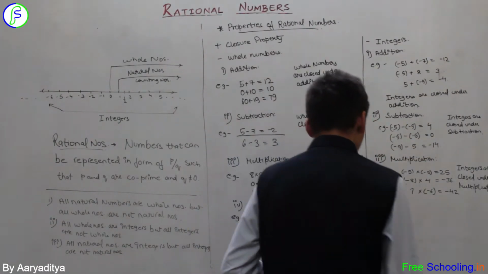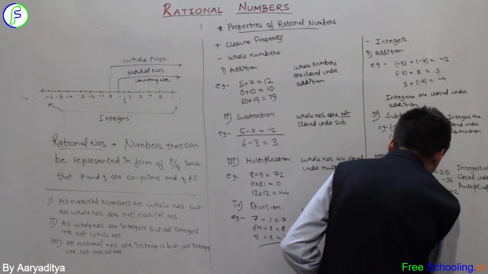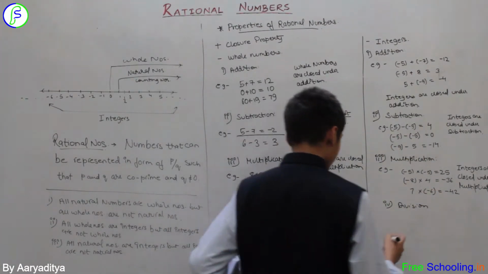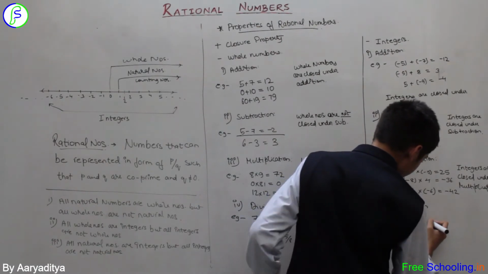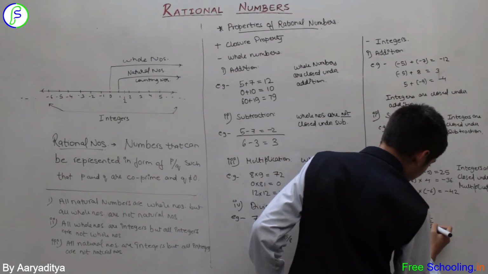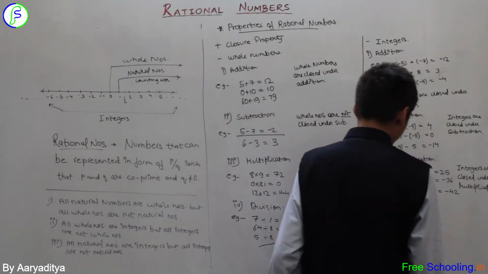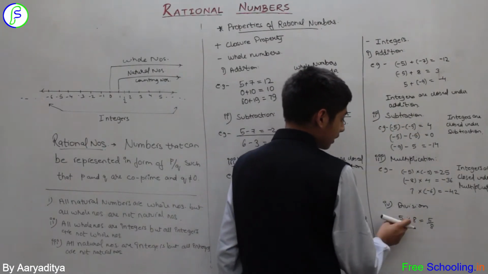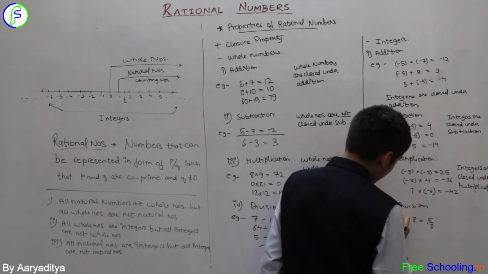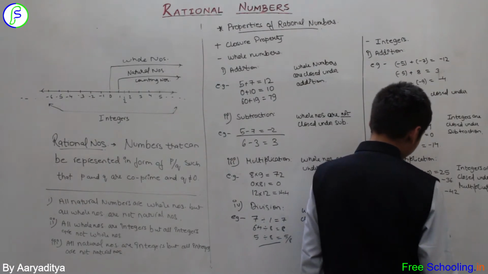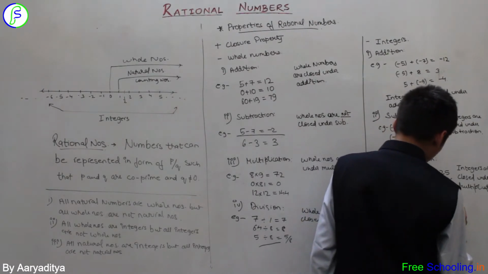Okay, now we will be moving on to the fourth one, that is division. I will be taking the same example that I took for whole numbers. I will just take 5 divided by 8. So that will give me 5 by 8, and that is not an integer, it's a rational number. So any other example that satisfies this won't matter, because we have got an example that dissatisfies integers being closed under division. So the final statement that will come out to be: